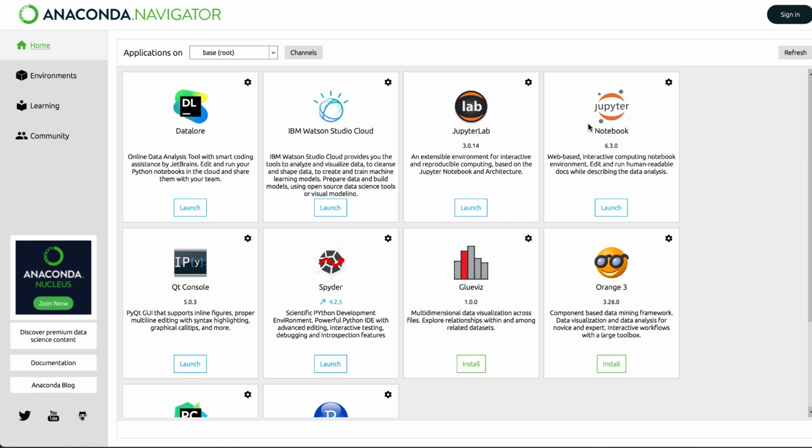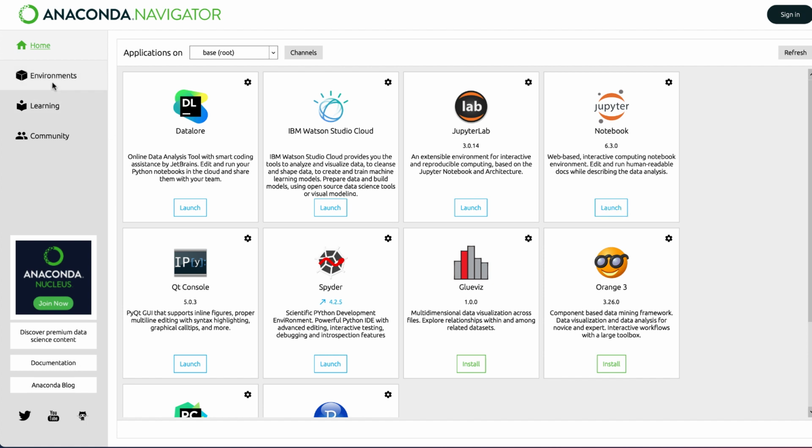But for now, we are just going to look at Jupyter Notebook. And JupyterLab is a bit advanced version of Jupyter Notebook. But yeah, we are just going to stick to Jupyter Notebook at this moment. And later on, as we proceed with the course, I will take you through some other tools if needed. So all you have to do is just click on the launch button, and it will launch the Jupyter Notebook.